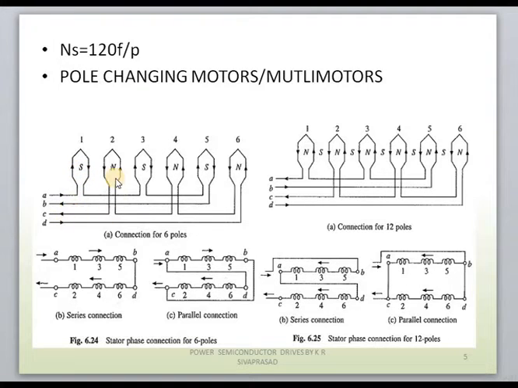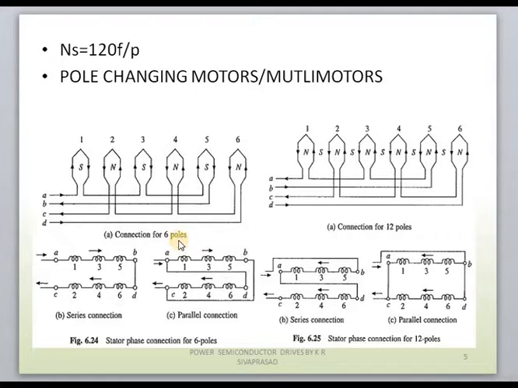Okay. And also here, there is one more set of coils, the even numbered poles 2, 4, 6, 8. The current enters at D, passes through 6, then through 4, then through 2, and reaches C. That means it creates a north pole. This is the initial case we are considering here. By using the stator windings, we are creating a 6-pole machine.